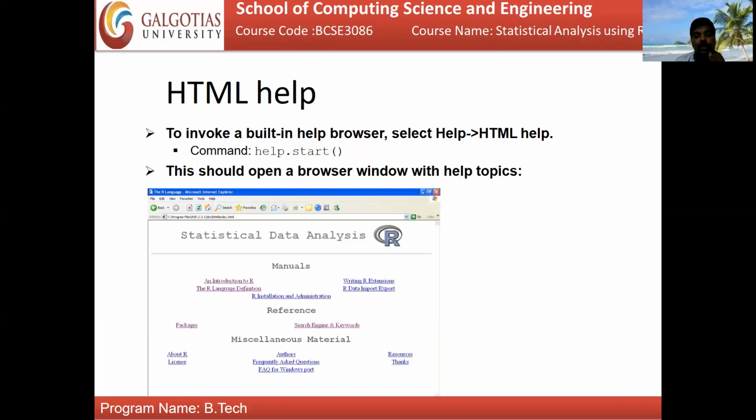Next, I'll see how to work within the browser after download. See in this diagram, with the help of HTML we can see the first page, the statistical analysis part. In this first page, this part is selected: an introduction to R. All the basics, the procedures and basic content, are already there by default. If you need additional material, you may get it from this link.